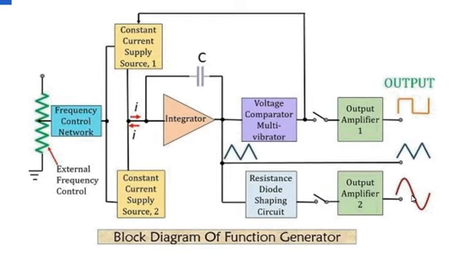Is that clear? Now all of you have got the whole idea about each and every block, and the main block in this circuit is the integrator circuit. Remember, an MCQ is asked in the board exam: the blank circuit in the function generator block is used to generate the triangular waveform. The answer is integrator circuit. And in the theory exam, a question for 3 or 4 marks may be asked in the board exam from this block diagram of function generator. So this is one of the important topics from chapter number 1.